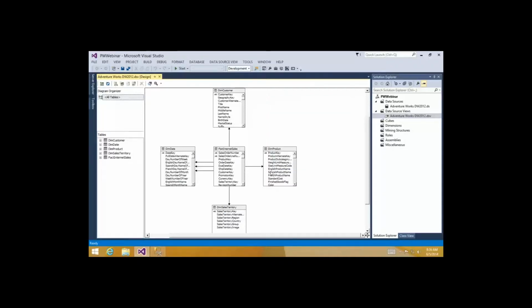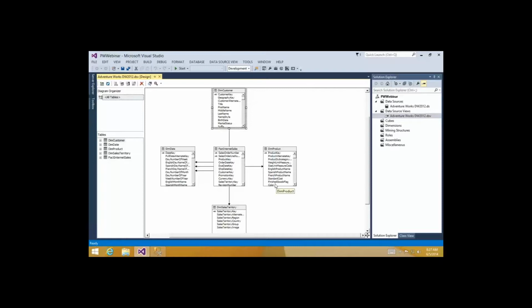Now right now, everything you see here is based off of tables, but ideally, what I usually recommend is that you actually put views on top of these tables. So like SQL Server views on top of the tables that you see here. The reason for doing that is really multiple reasons. One reason is you probably have a lot of people that understand how to do T-SQL. So you probably work with a lot of people that know T-SQL, but probably not a lot of people that know how to do cubes. So if you put views on top of each of these tables, you have other people that can actually help you develop